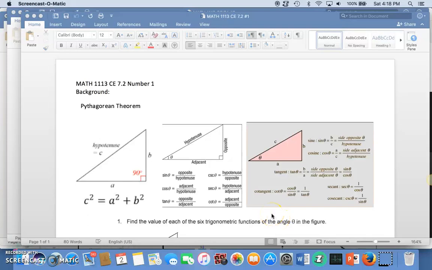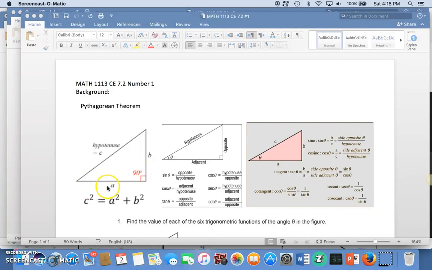Okay, as we progress here, we are going to be doing triangles, and eventually we'll take these triangles and put them back in the coordinate plane to find the values. But this is kind of referred to as right triangle trig. This is the angle that's probably the most predominant angle here that we will be working with from a right